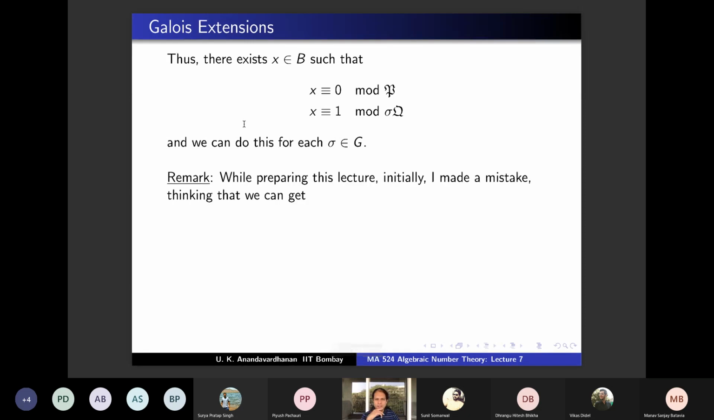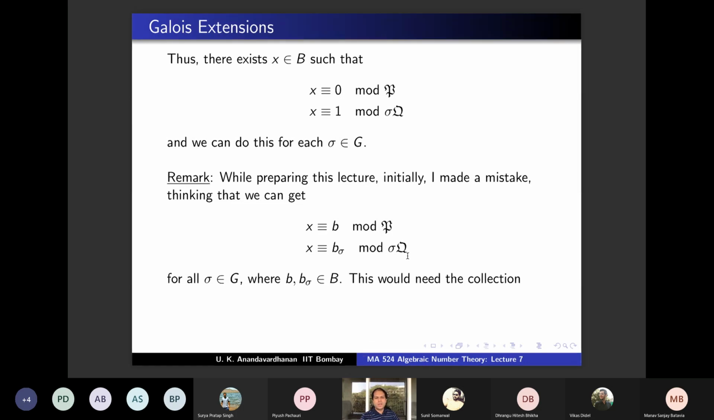I'll add a remark because this morning I made a mistake, so I thought I will type up the mistake. I made a mistake thinking that we can get X congruent to any b mod P and X congruent to any b sigma mod sigma Q for all sigma in G, where b and b sigma are in B. This is also the Chinese remainder theorem, but for this to be true, what do you need? You need the collection of all these ideals, P and all the sigma Q, to be mutually coprime, which we don't have. We only know that P and sigma Q are